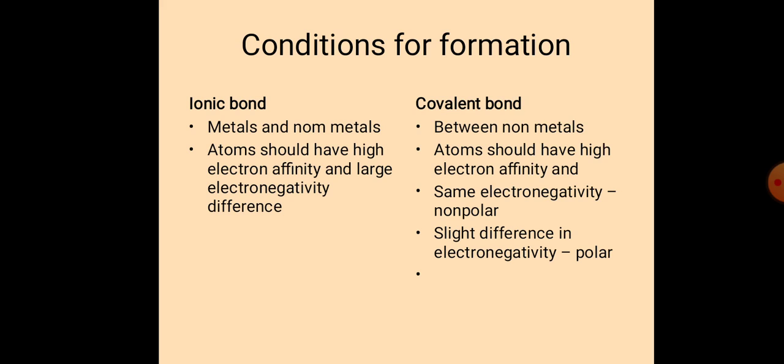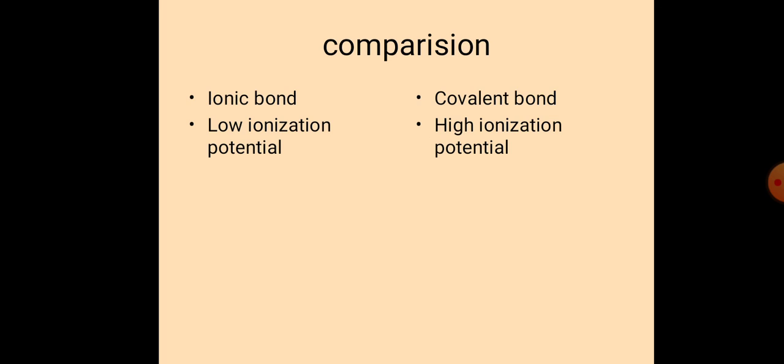So, let us come back to the previous slide. If there is a larger electronegativity difference, the compound will be ionic. If it is the same electronegativity, then it will be a non-polar covalent compound. If there is a slight difference in the electronegativity, it will form a polar covalent compound. So underline the word difference. I have said same electronegativity because I did not mention the electronegativity difference is 0. Same electronegativity means the difference will be 0. So 0 to 0.4, what type of compounds will it be? Non-polar. Now I think you are very much clear. Can we go for the next one?